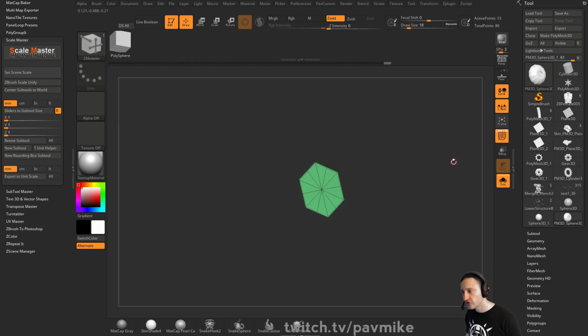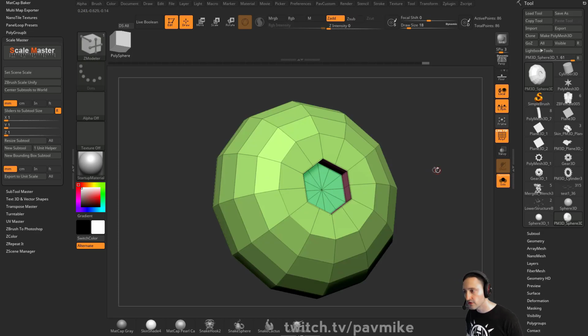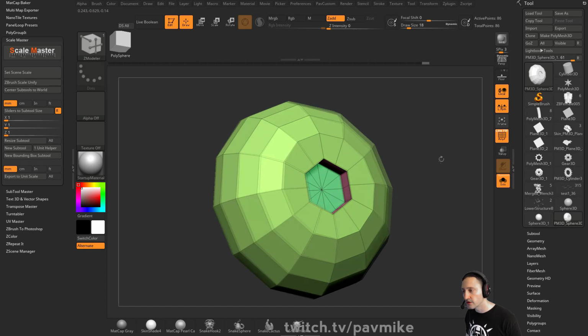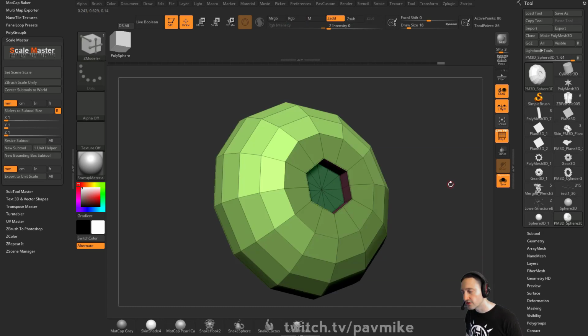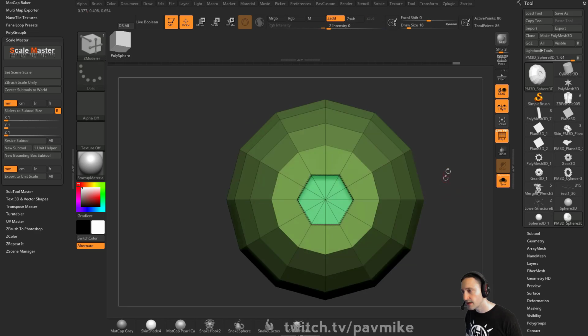You can also do Control Shift and then Control Shift X to expand, and you can grab all these. You can hit Control W to make those all one polygroup. So a lot of different ways to do that. You want both of these, you can isolate them. Control tap to mask them, Control Shift tap to bring everything back, Control tap to invert that mask,